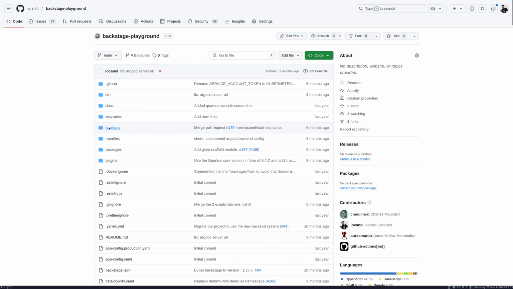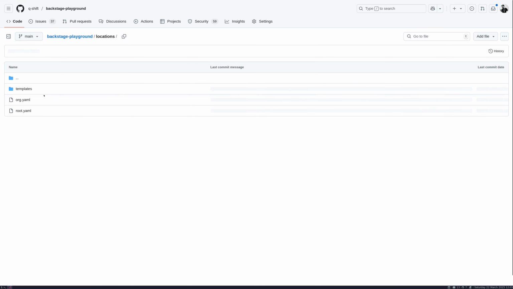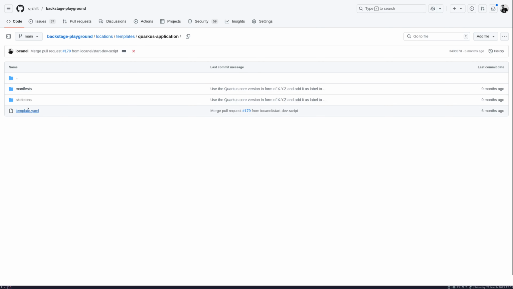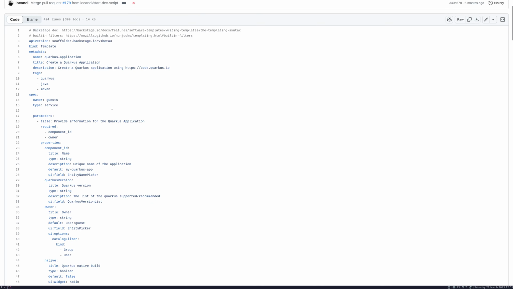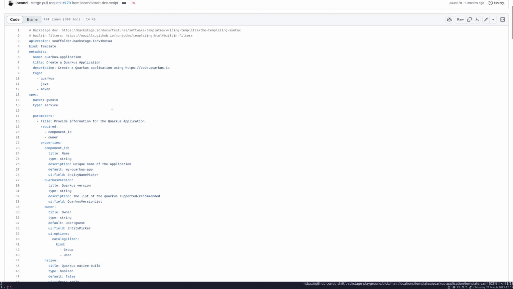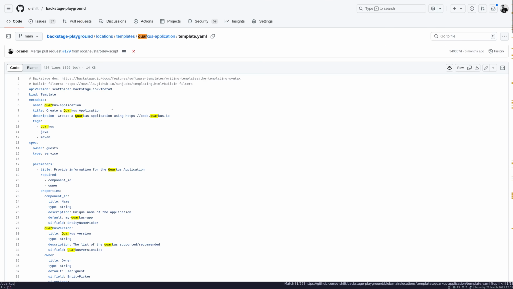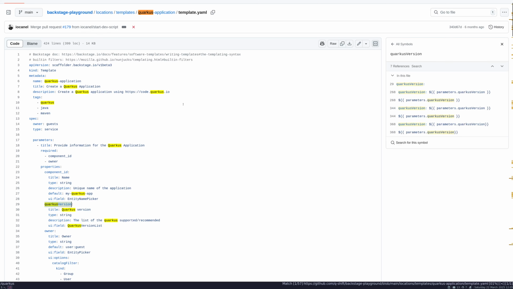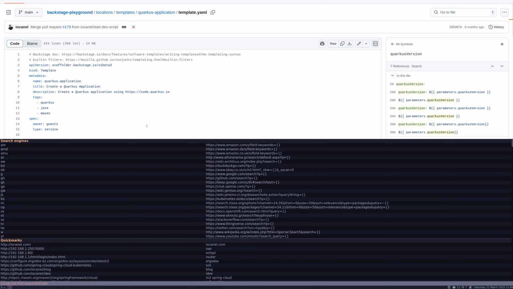So let me go here, locations, templates, Quarkus application, templates, and we are looking at something that has to do with Quarkus version. Quarkus version, okay, and if I go back to the IDP,